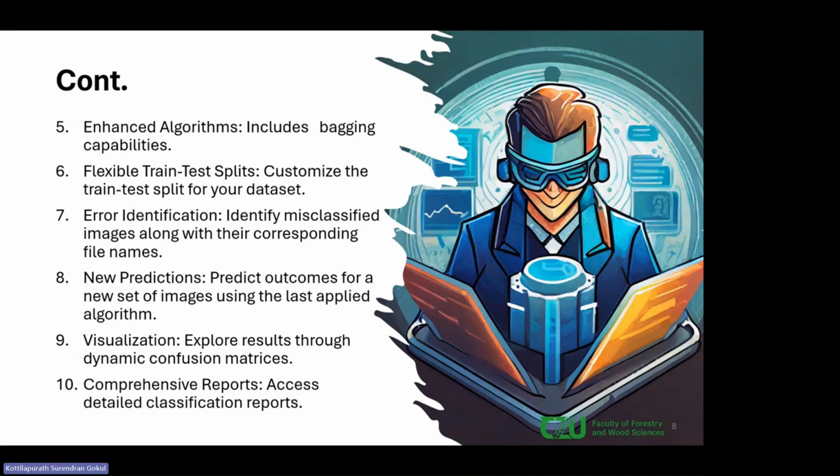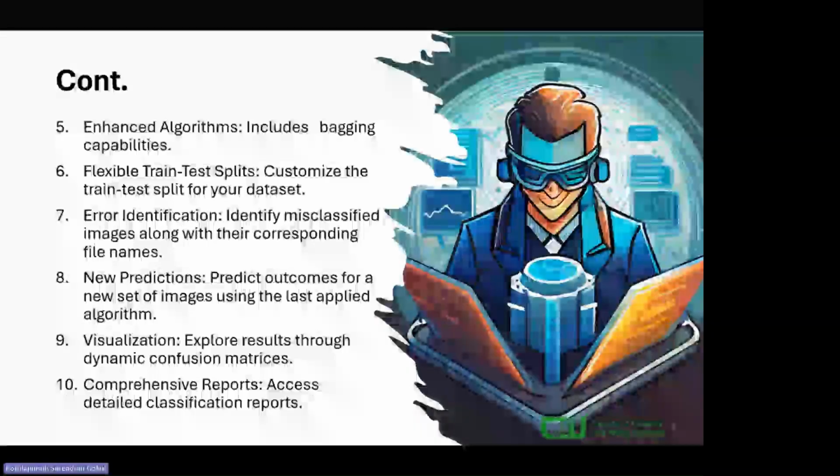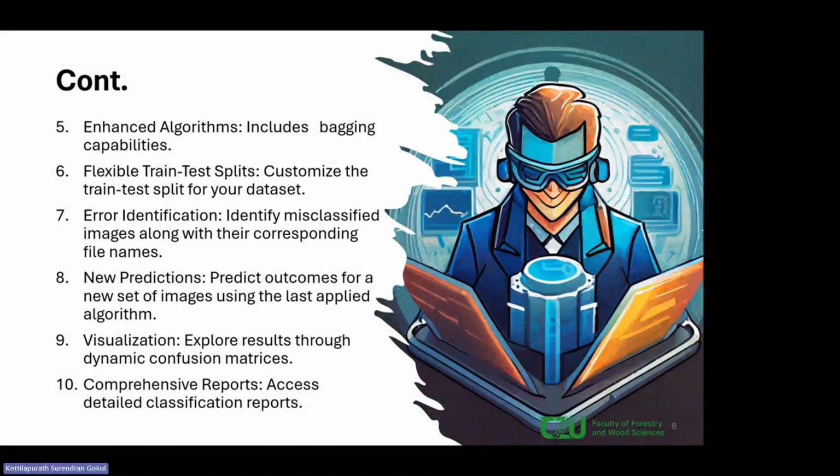The other feature that we added here is error identification. If you are familiar with classification, especially for images, maybe you are familiar with the term confusion matrix. I will also show what a confusion matrix is in our demo. In the confusion matrix, we can see how many images are classified correctly and how many are misclassified. What we added here, instead of just showing the confusion matrix, is finding out which image was misclassified, and from which class to which class. Just think of an example of cat versus dog classification, where the cat image 125.jpg is classified as a